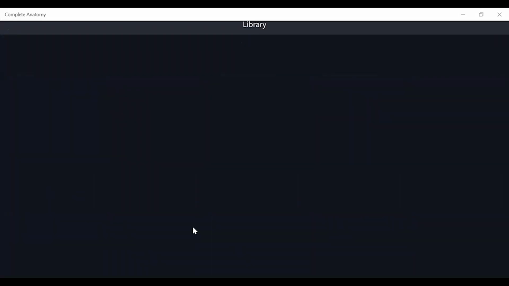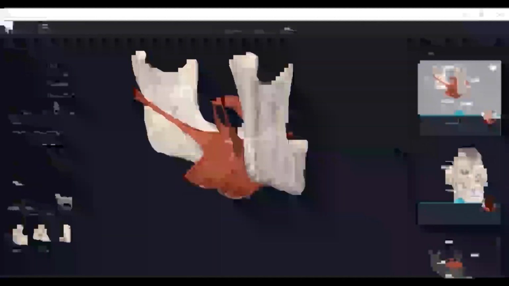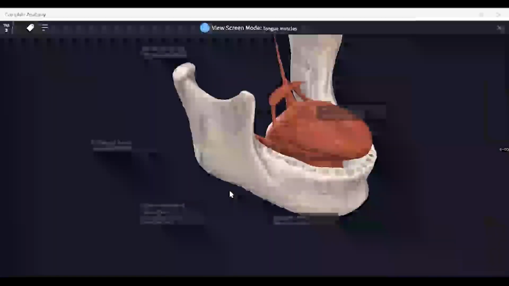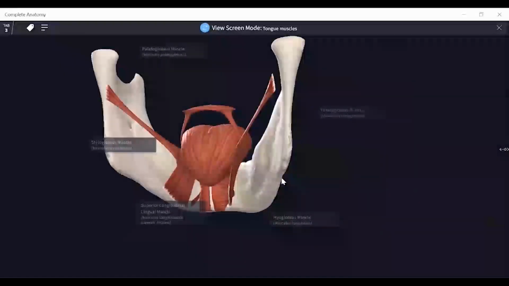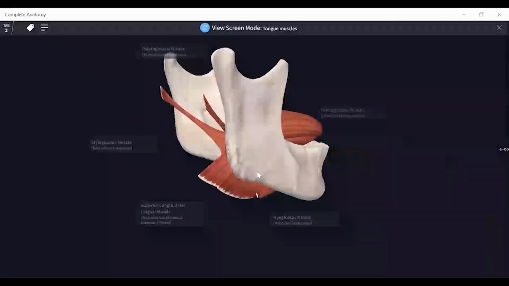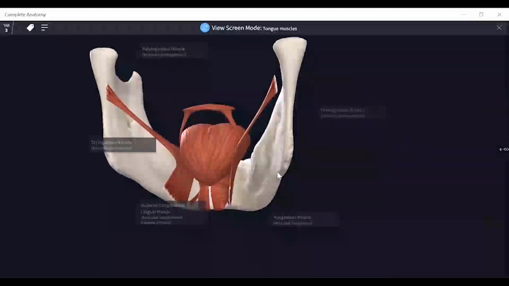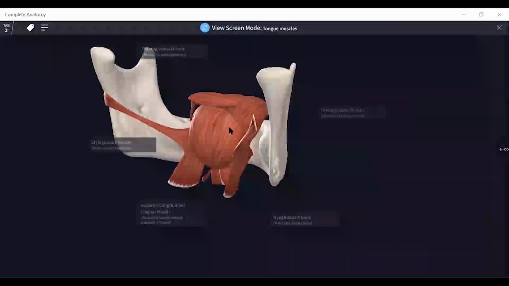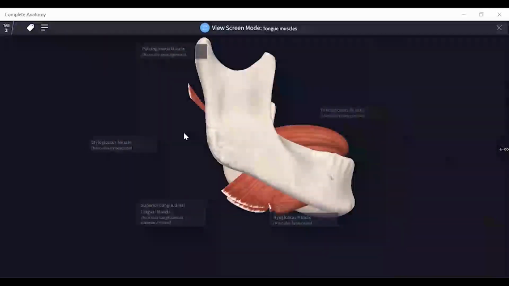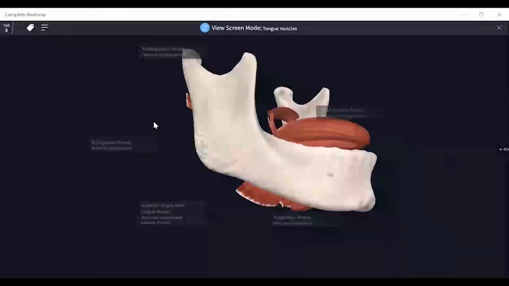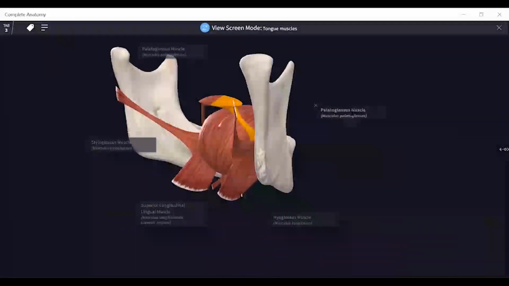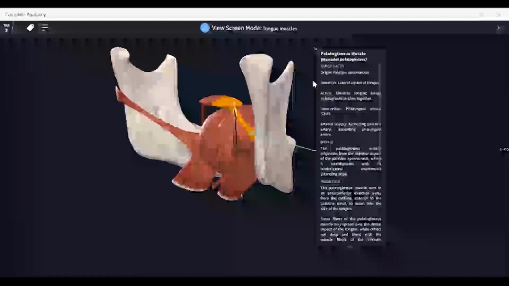Now there's one more model for the tongue. For the tongue, I have just made this simple one. This is a view of the tongue and its musculature. You can see nicely the location of the tongue. The mucosa I have not put; it's only for the muscles. If you want, you can just type in the search and add the mucosa for this. You can nicely see the arrangement of the muscles. Rotate it, and details about each muscle you can read in this window.